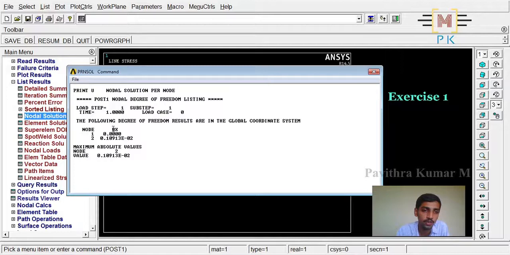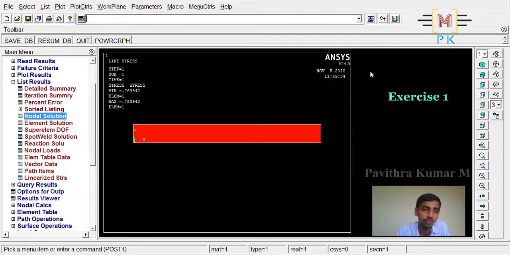Node 1 UX is the deformation value, it is 0 at node 1, and we can see at node 2 the deformation value is 0.10913 into 10 to the power minus 2. That is nothing but, in other words, 1.0913 into 10 to the power minus 3, which is the same as the value obtained using theoretical calculation. You can note this value.